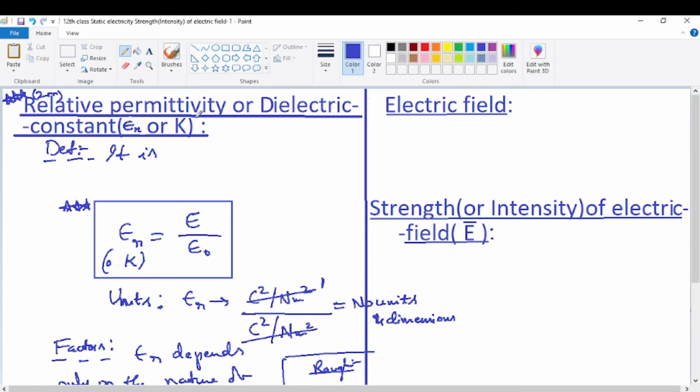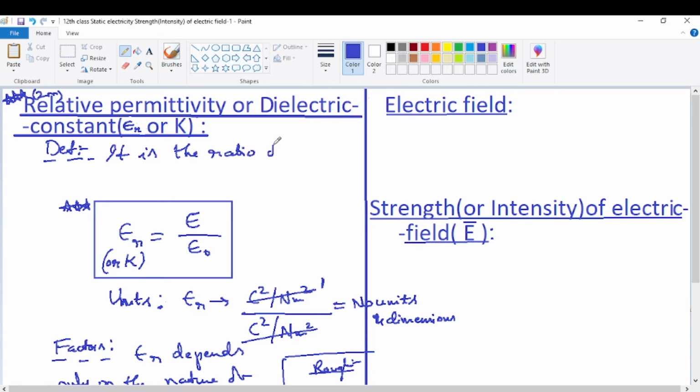Strictly speaking, relative permittivity and dielectric constant are defined differently. This is really the definition of relative permittivity only. The dielectric constant definition comes a little later, in another topic, and from that definition it can be proved that dielectric constant and relative permittivity are one and the same. Presently we are taking them both to be the same. Really they are defined differently, and there it becomes clearer why k has been defined separately. So it is the